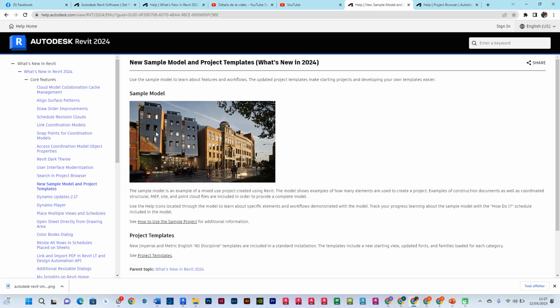So now, what is new? The good news is that a new project template is now present in this software. So use the same model to learn about the future and work. The new project template makes starting a project and developing your own template easier. So this sample model is an example of a mixed-use project created using Revit. The model shows an example of how many elements are used to create a project. Examples of construction documents, as well as coordinated structure, map, site, and point cloud files are included